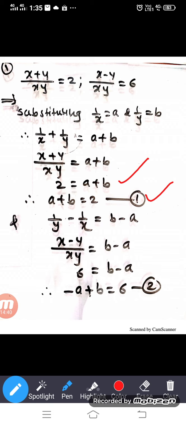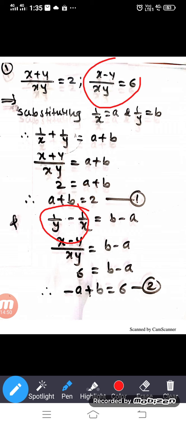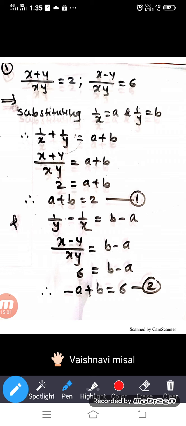Similarly, the 1 upon y minus 1 upon x. आता 1 upon y मी अगोदर का लिहिलं तर आपण तिरकस गुणाकार जर केला तर अगोदर इथं x minus y upon xy आहे म्हणून इथं 1 upon y minus 1 upon x is equal to 1 अपॉन वाय ची किंमत बी आहे, 1 अपॉन एक्स ची किंमत ए आहे. पुन्हा या ठिकाणी क्रॉस मल्टिप्लिकेशन 1 अपॉन वाय मायनस 1 अपॉन एक्स इज इक्वल टू बी मायनस ए. पुन्हा द क्रॉस मल्टिप्लिकेशन x into 1 is the x minus y into 1 is the y divided by xy is equal to b minus a.